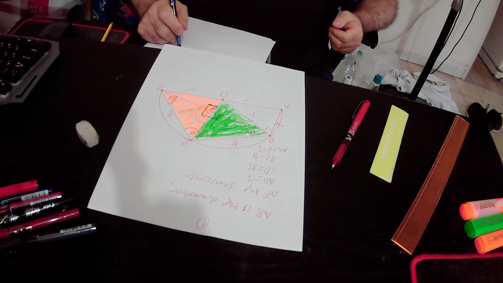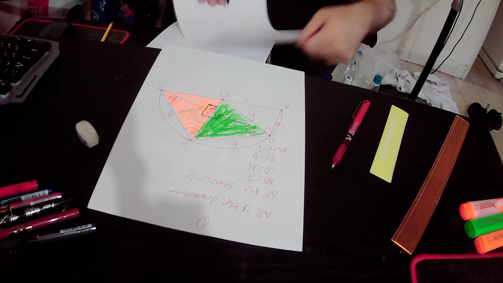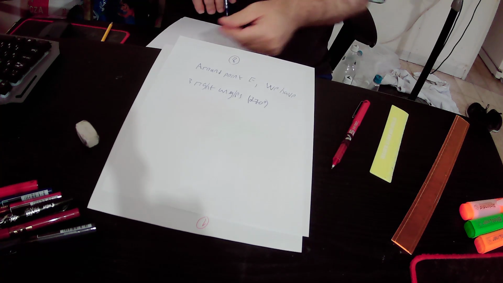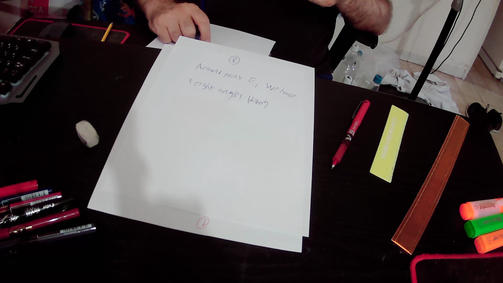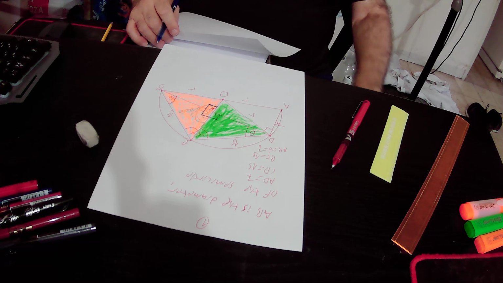And the sum of 3 right angles is actually 90 degrees times 3, which is 270 degrees. Okay? And the sum of them is 270 degrees. I read again the things that I wrote. Around point E we have 3 right angles, and the sum of them is 90 degrees times 3, which is 270 degrees. And we have rule